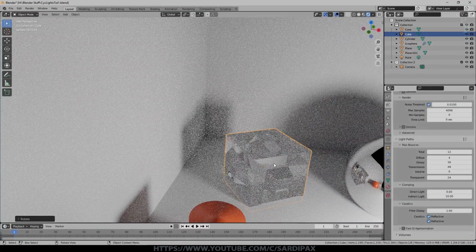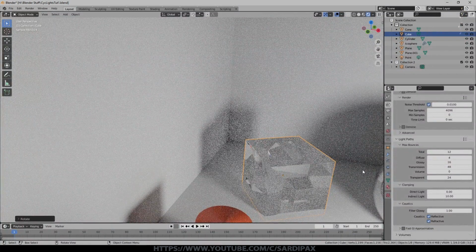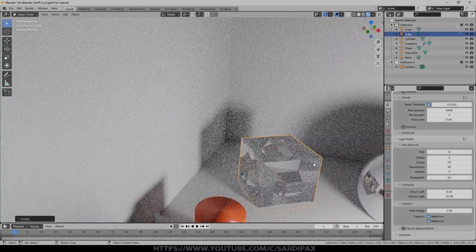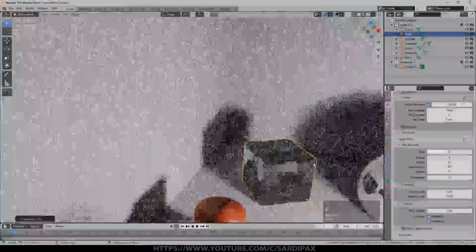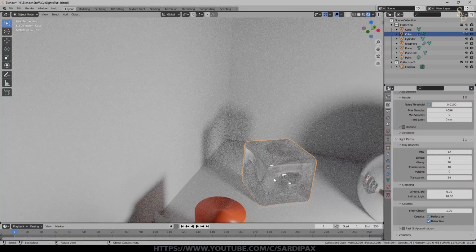So although we're not getting any obvious caustic dots and bright spots here, I need to play around with the position of the light and the shape that I'm putting it through. You'll tend to get them more with more curvy sort of objects than this angular one. If I put a subdivision surface on it, it might help. But the other thing is that you're paying a price for that, and the price is that more bounces are necessary in order to approximate.